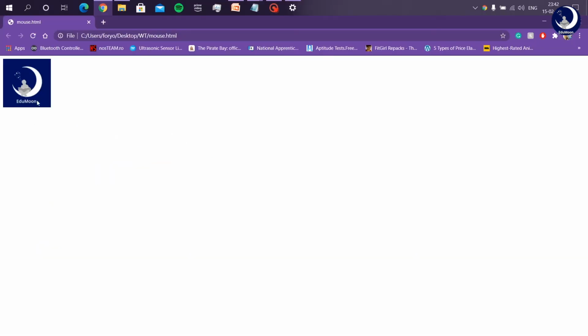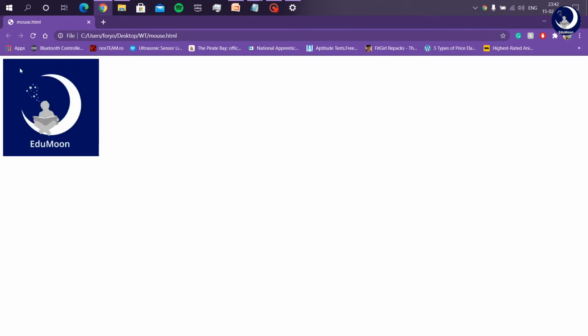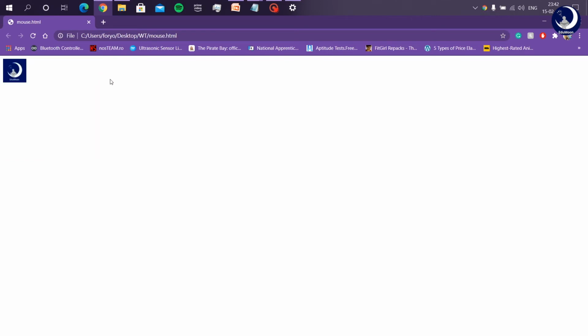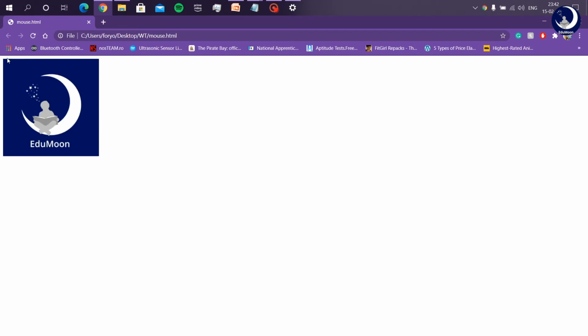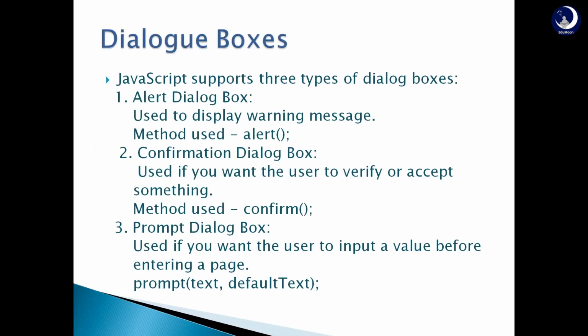So this is how the output will be. Here, normally the width and height are 125px, and when I place my mouse pointer over it, it maximizes to 250. And then when I take the mouse pointer out of it, it will decrease to 61px. Over and out.